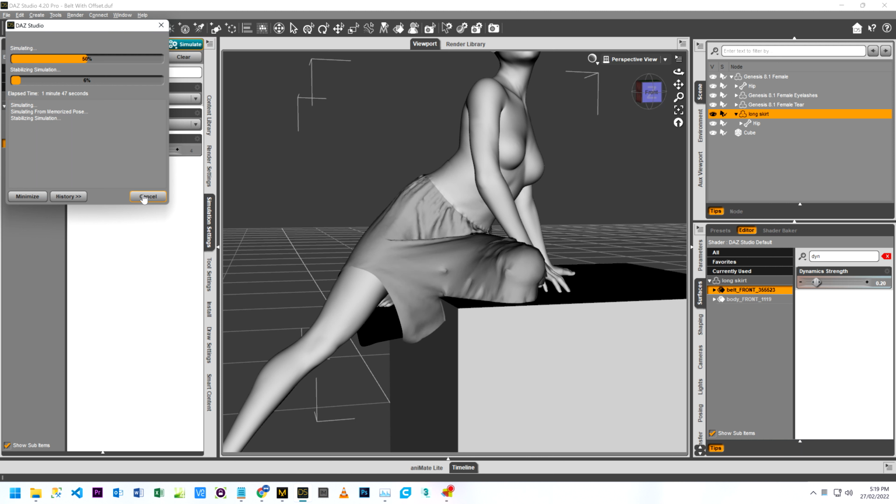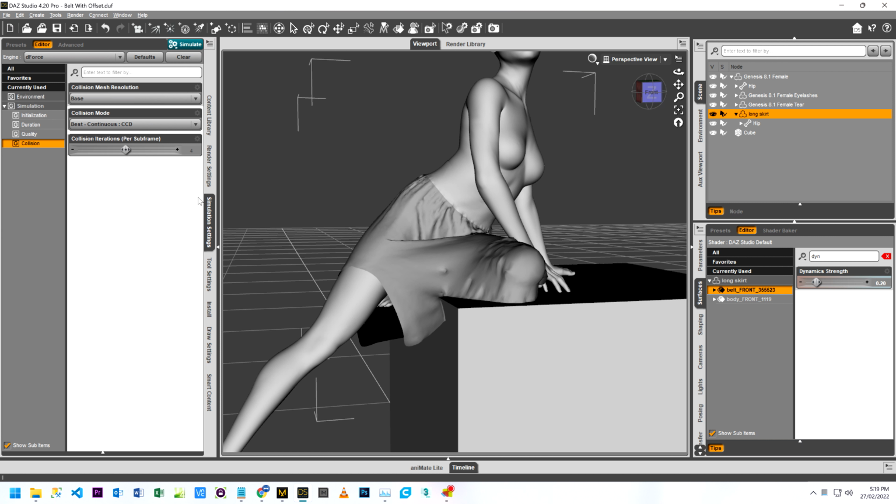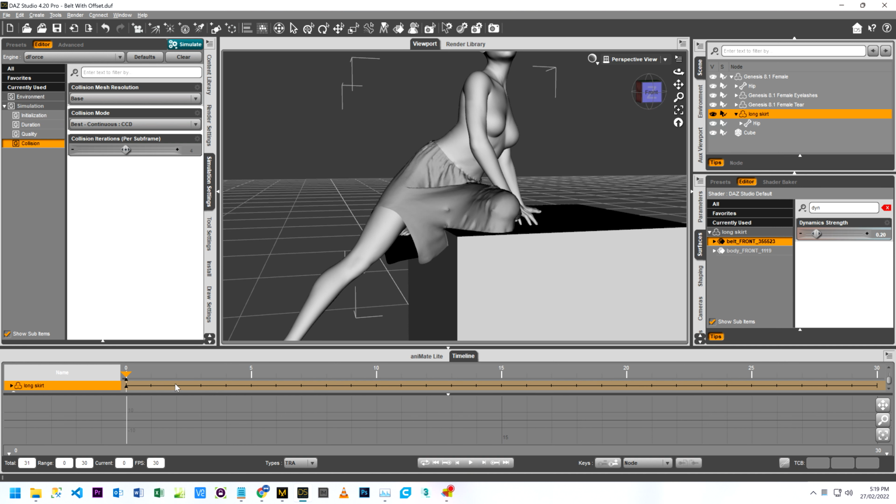A way around it on this one would be to use a timeline to do the simulation. So what we can do is put the avatar into the pose and then slide it into position. Hopefully this will make the skirt drape around the cube. So if I just put up the timeline, now final position